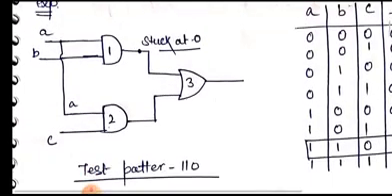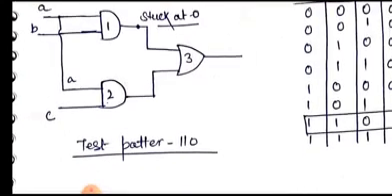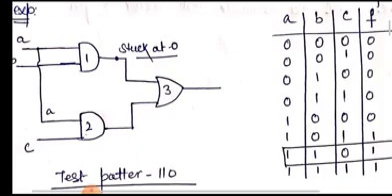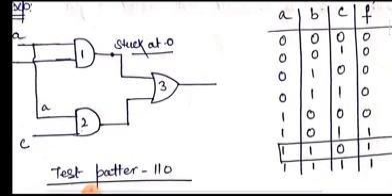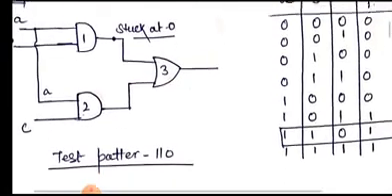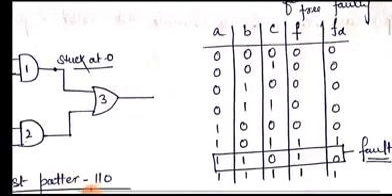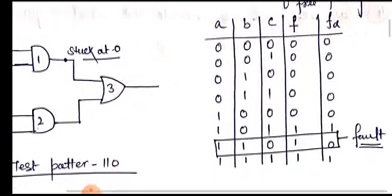For the first gate, that is AND gate one, we are providing the A and B inputs, and for the second AND gate we are providing the A and C inputs. The outputs go to the inputs of the OR gate, and finally we get the output. Since we have three inputs, we will have eight total combinations, which we have listed with the help of the 8421 code.